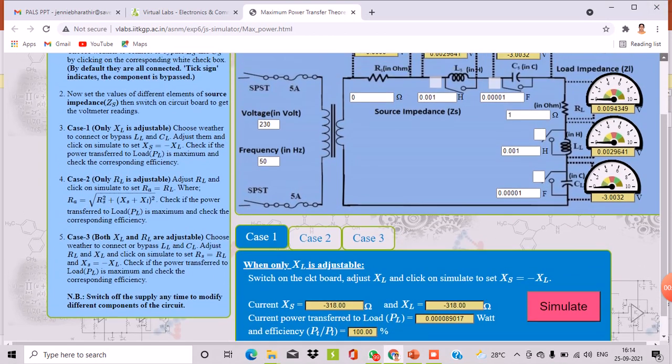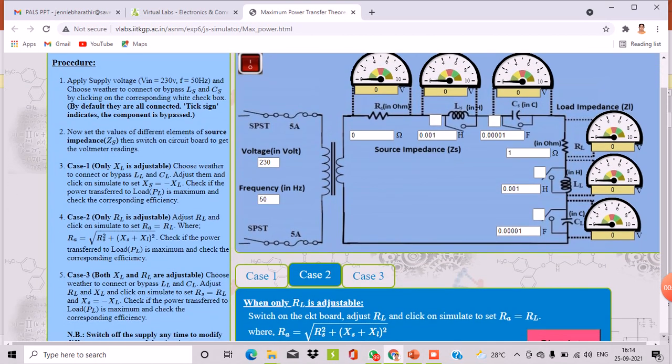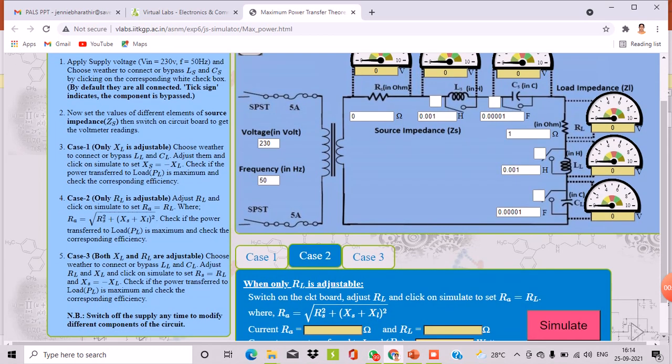Similarly, we can go for the case 2 scenario. We assume the values for source impedance as well as load impedance, and we vary the value of RL, and as you click on the simulate tab, you will get the efficiency as 100%.